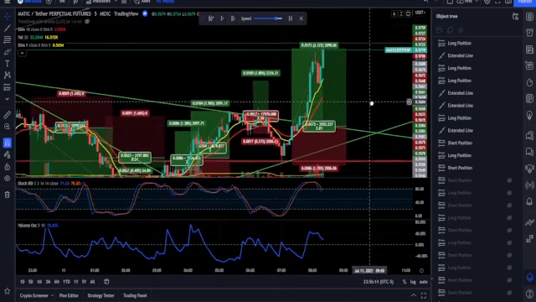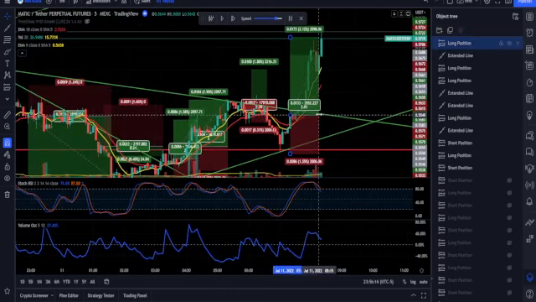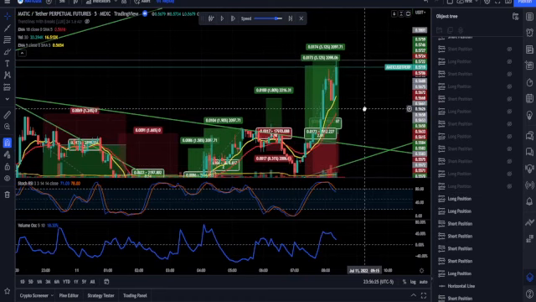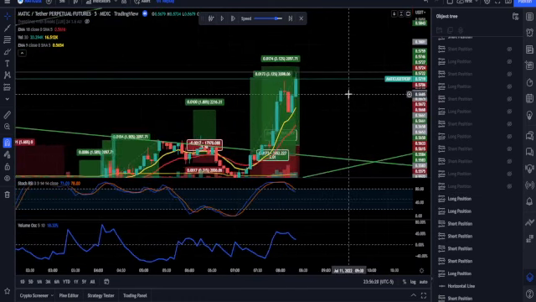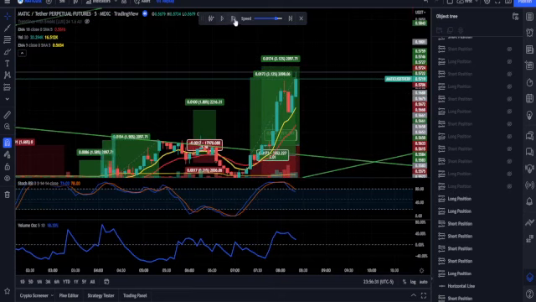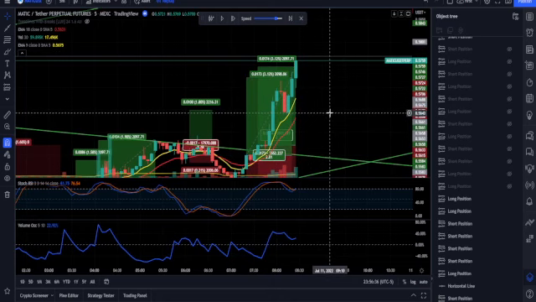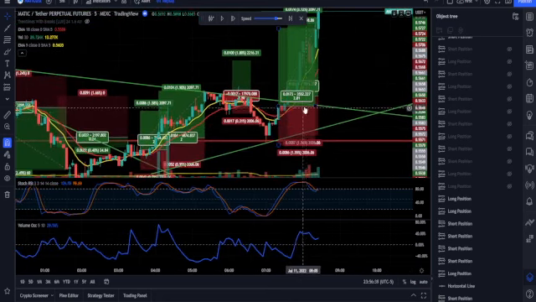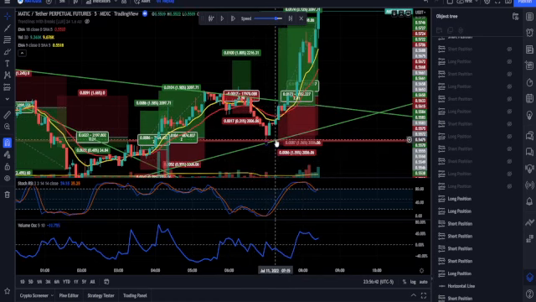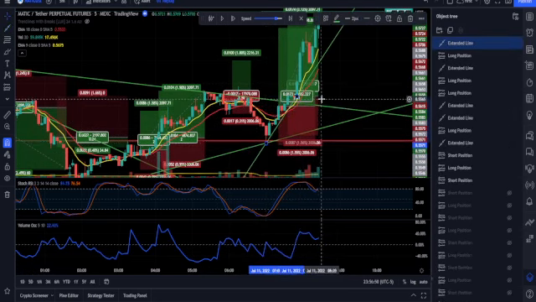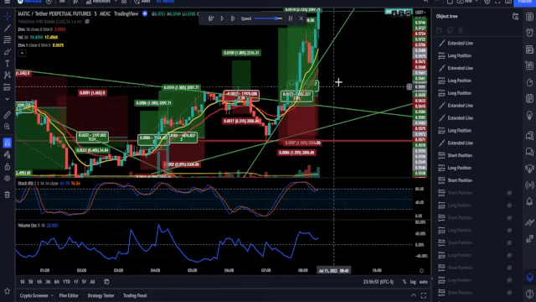And that's a win. Pretty big win at that. And I just want to see, because I know that I took another long here. Yeah, right here. And it is also a win with the next candle. So on this one, you could draw this as an uptrend, which is what I did on here,